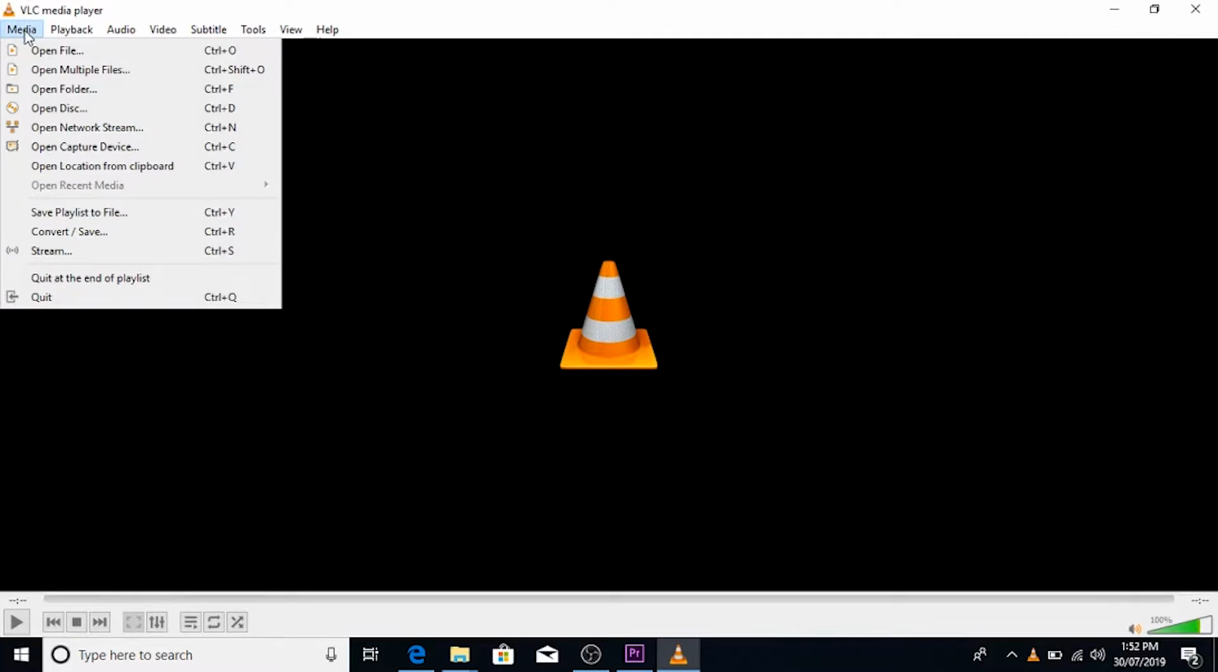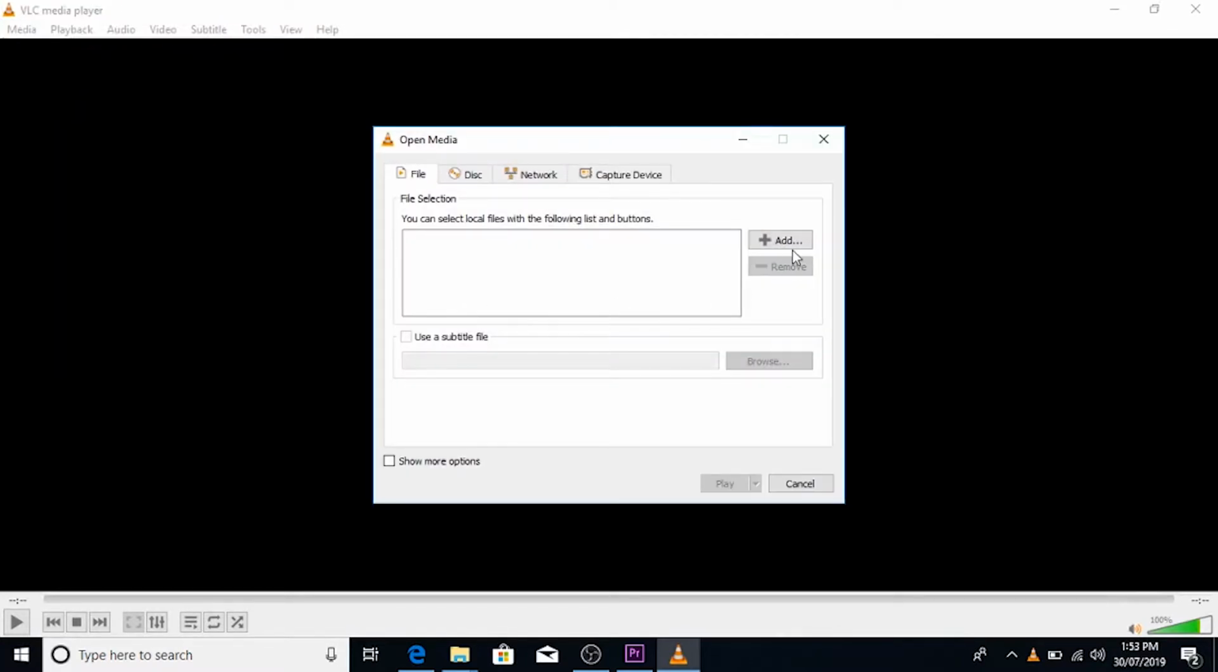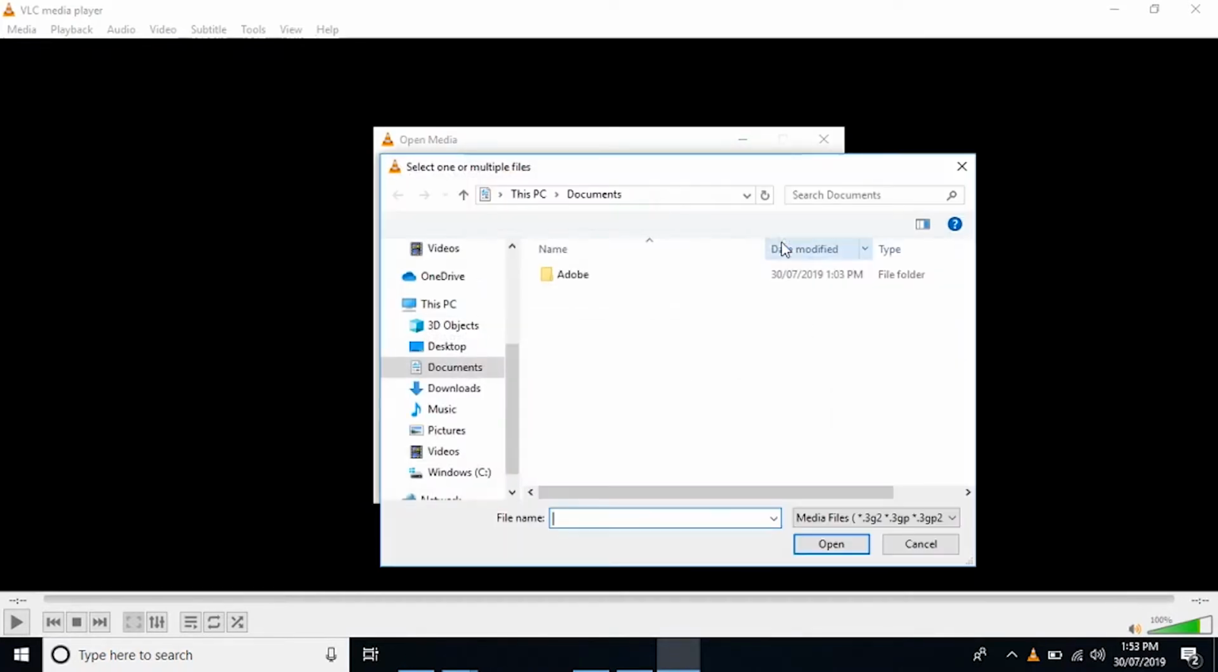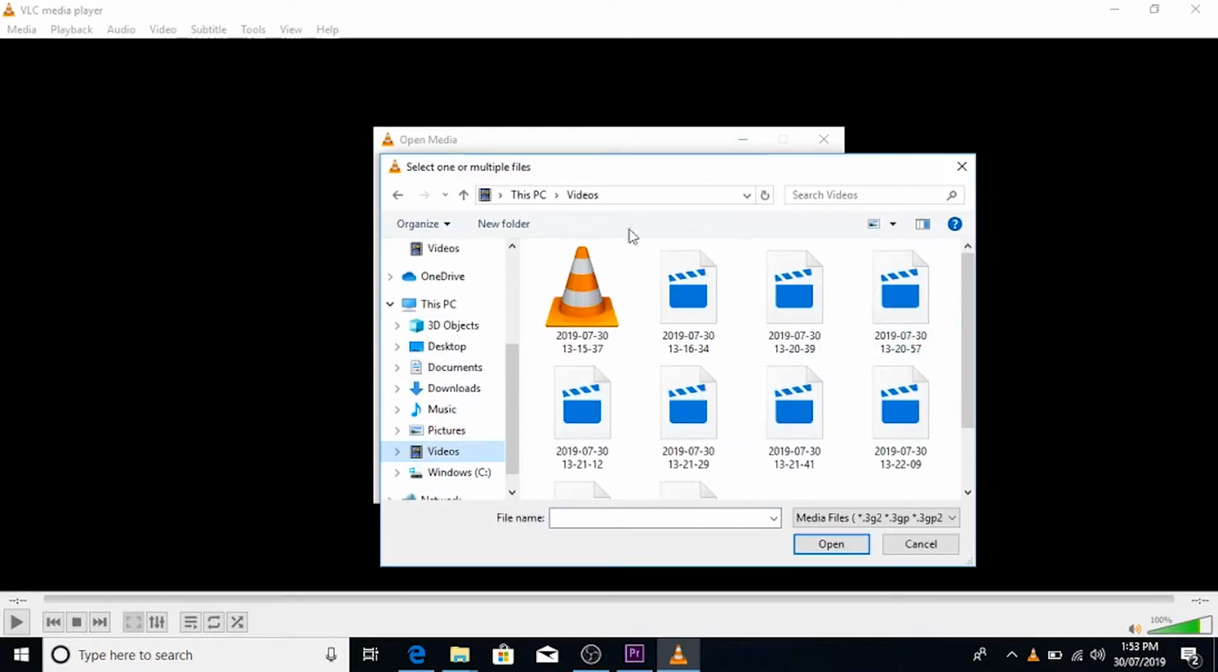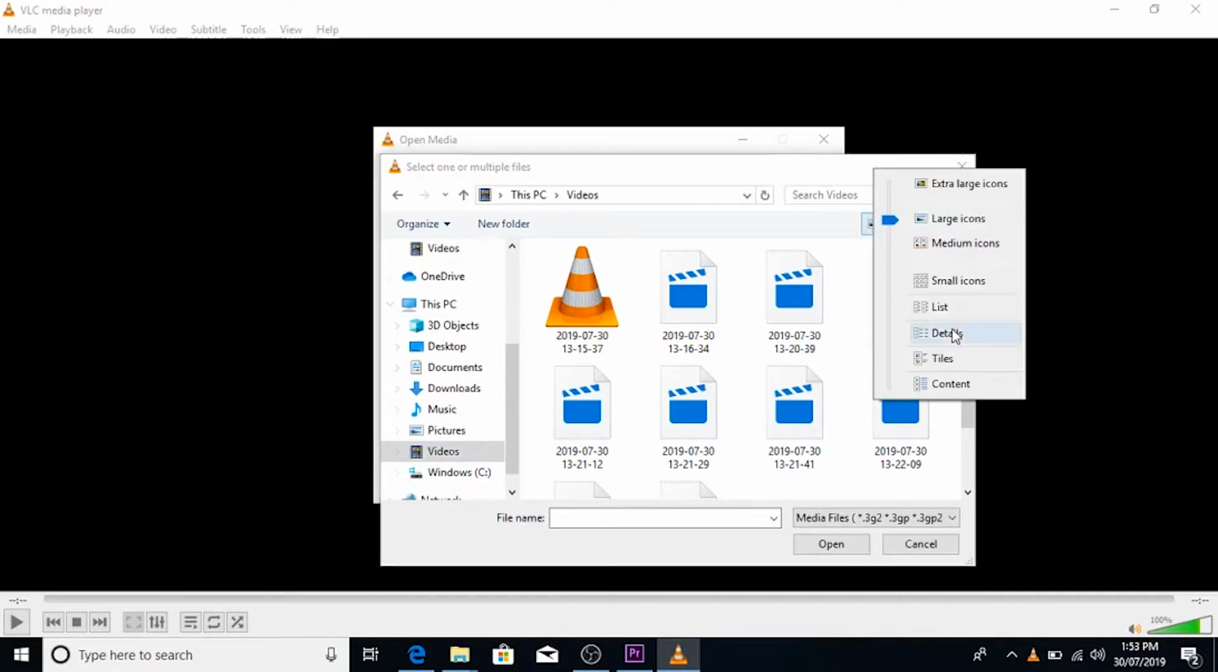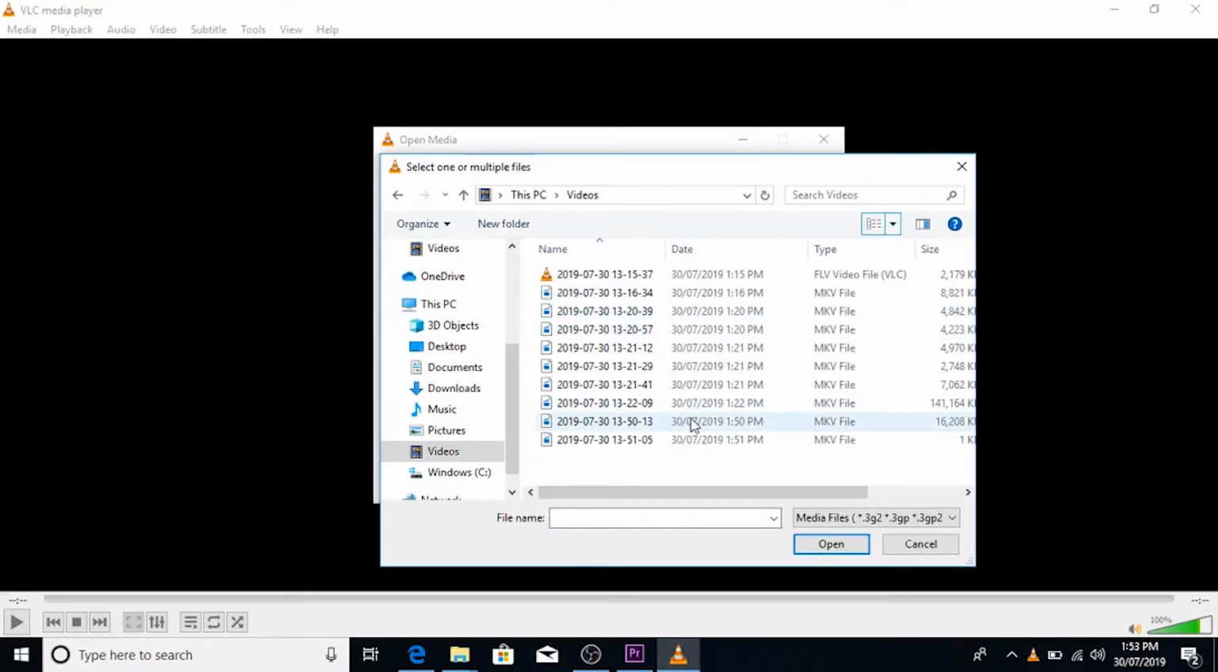Alright, so I'm going to go to Media, open multiple files, add, and I'm going to find my video, which for me is saved in videos. Select my video,